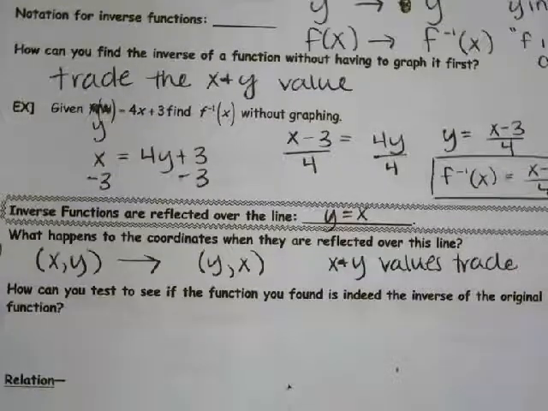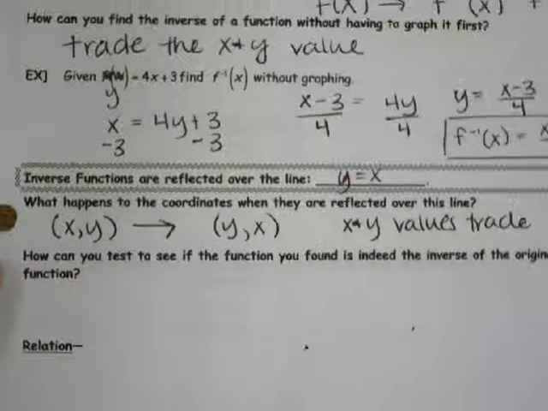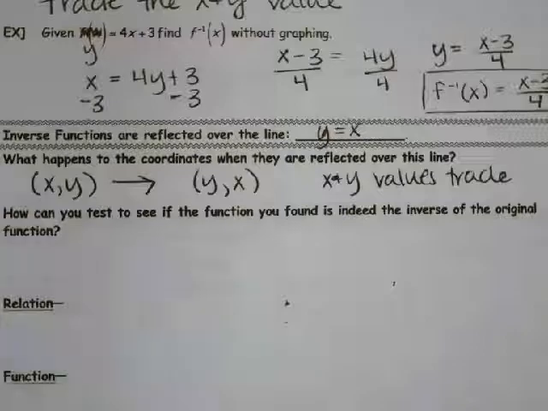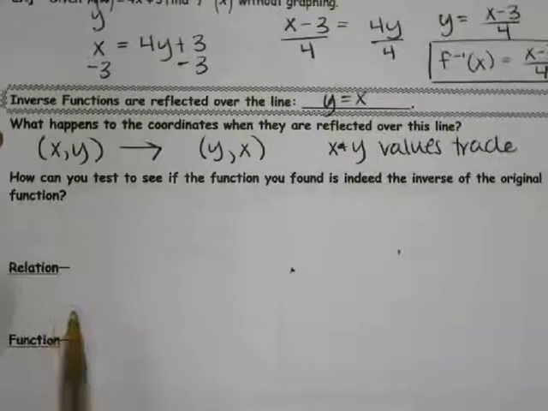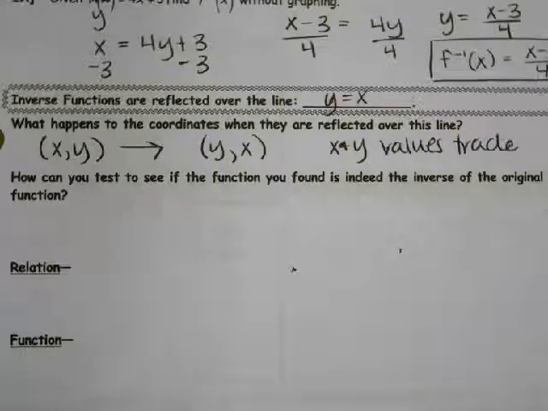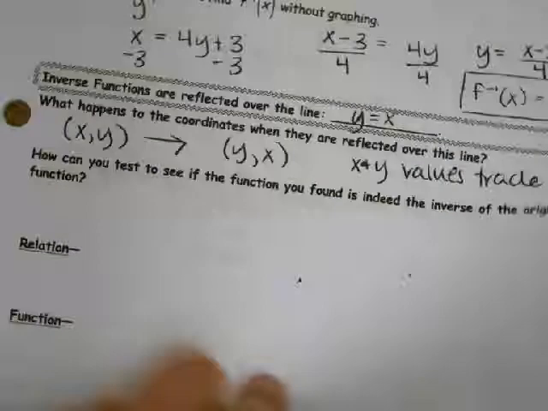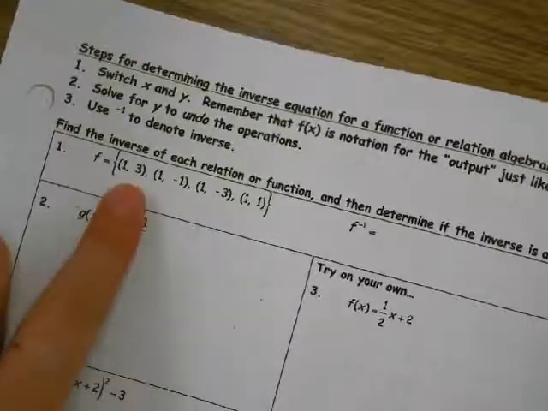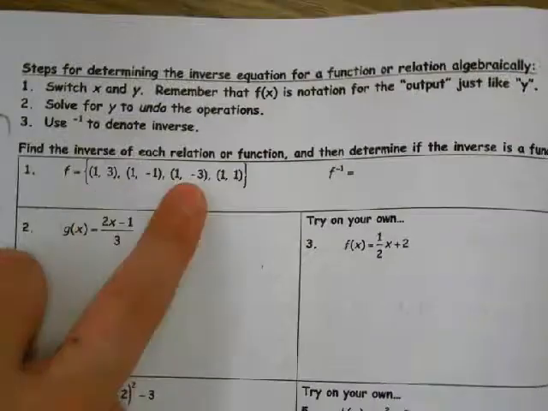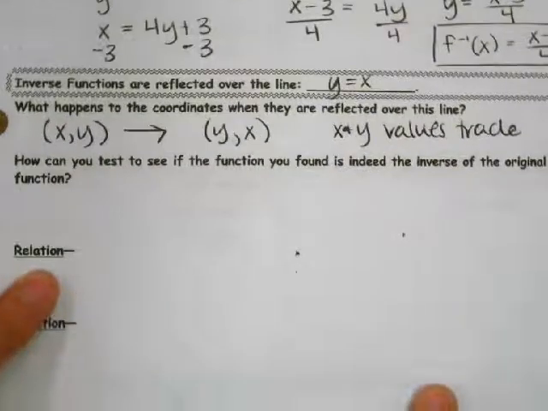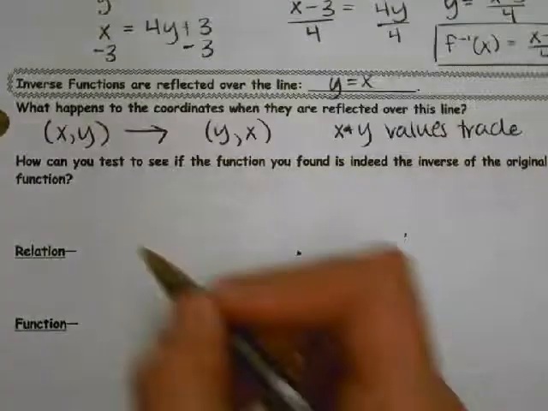Next, it asks us how can you test to see if the function you found is indeed the inverse of the original function. We have two things we're talking about. One is a relation. That's just talking about a pattern with numbers that have a relationship to each other. If you flip to the top of the next page, you'll actually see an example of a relation right here. That's a relation. So we're going to look at one of those in a minute. But when you look at a relation, the way that you will test to see if it's actually inverses is you will just check